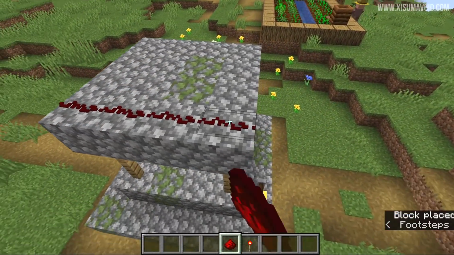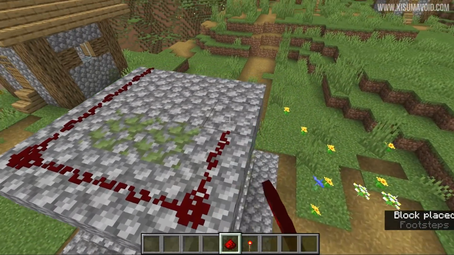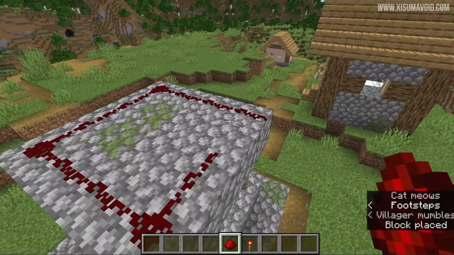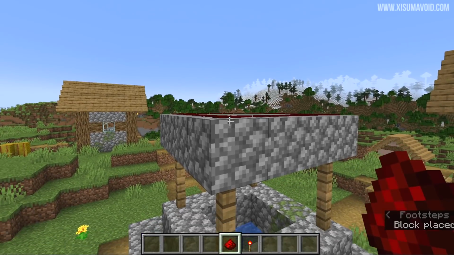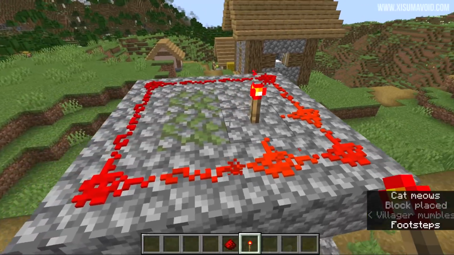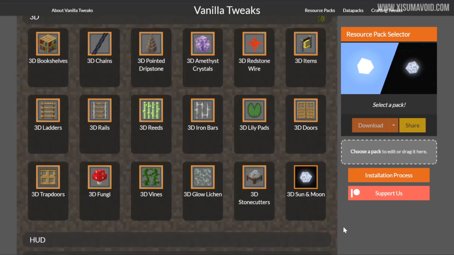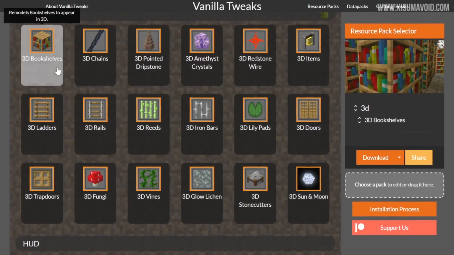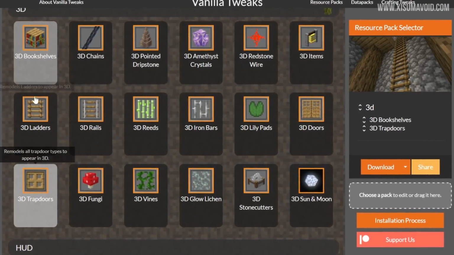In the 3D category, there is the 3D redstone wire pack. You can see it looks a little different from here, right? That's because it's been given an actual 3D shape. Let's also power it so you can get a feel for that too. Looks pretty cool. Also in this category, the 3D bookshelves and the 3D trapdoors had some minor issues, both of